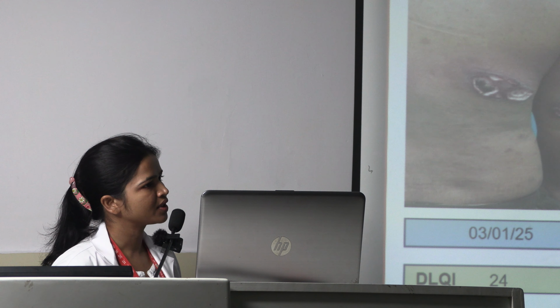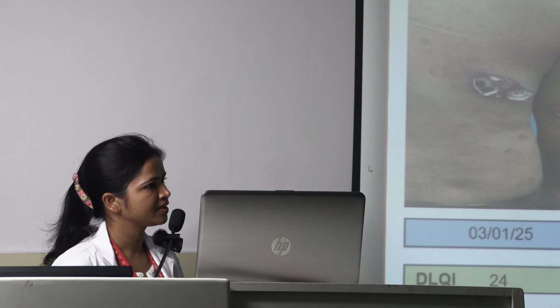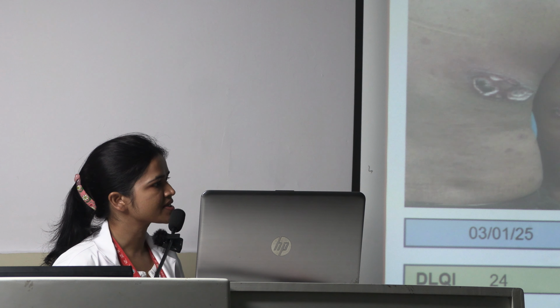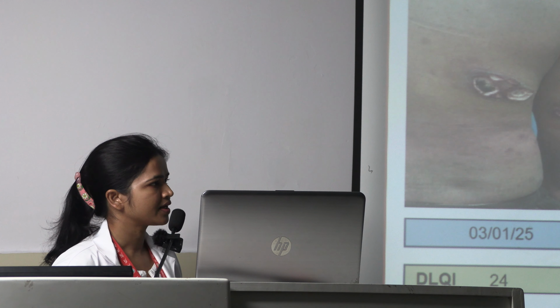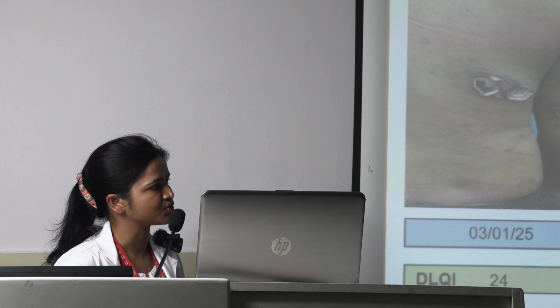Because this patient was not just controlled with prednisolone, he needed thalidomide. So that was, I think, the main reason why he left the treatment, because of low socioeconomic status and the high cost of medicine, and then he relapsed with the disease. And many of the leprosy patients who belong to low socioeconomic status do have this issue.